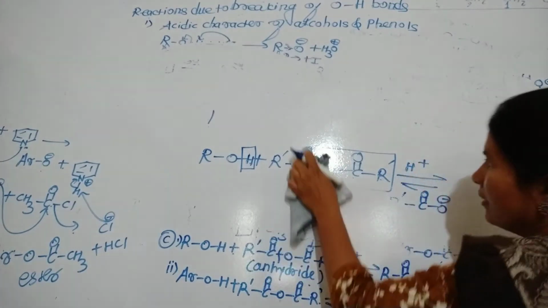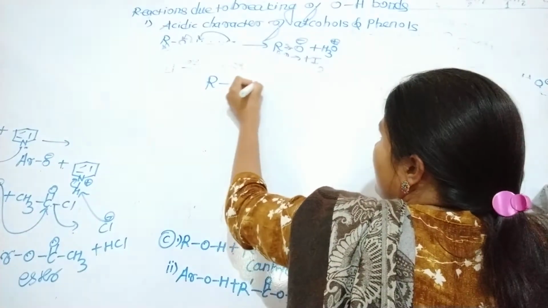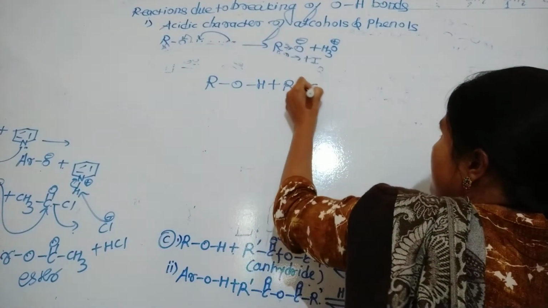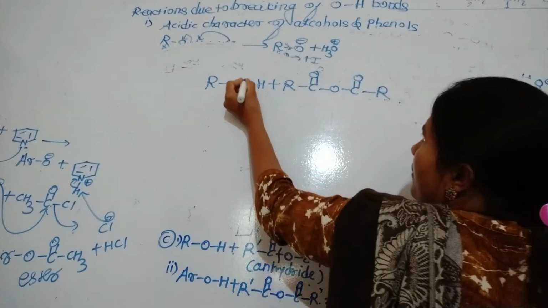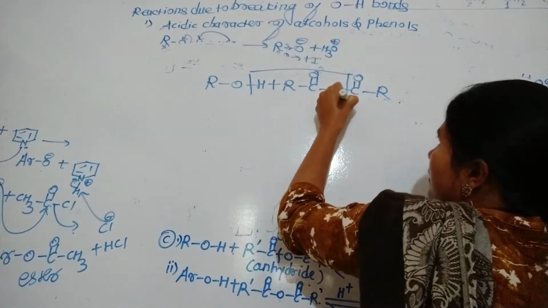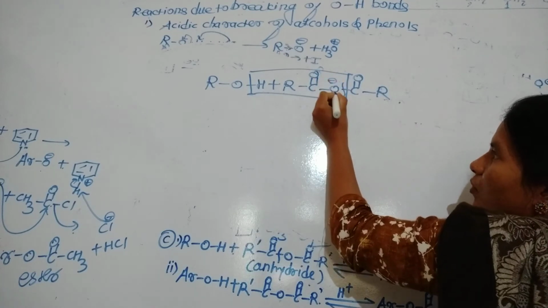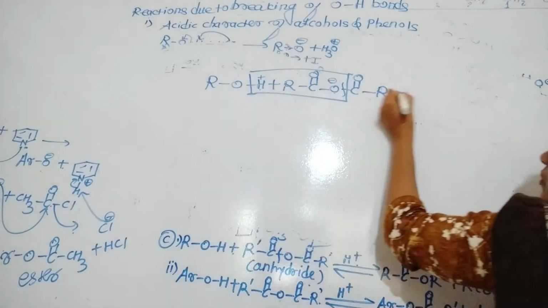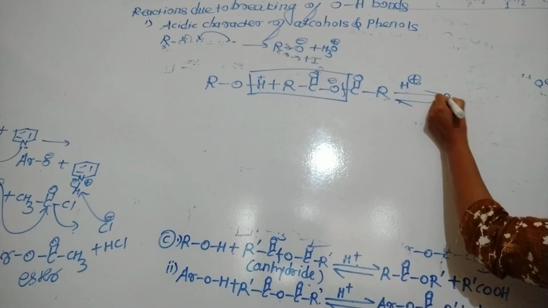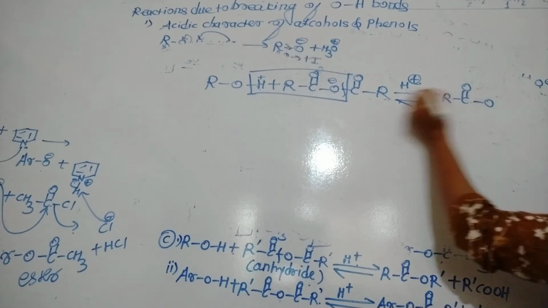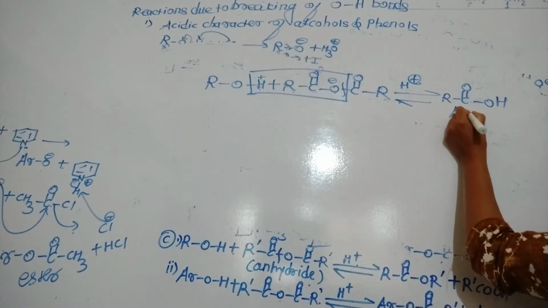You can see here what happened. This is your alcohol. The bond cleavage takes place in the anhydride, R C double bond O, C double bond O R. This is your anhydride. What happened? All get combined together here. You can see here O. This gets broken here. This is O minus, and O minus can take H plus. So this is the acidic condition, a reversible reaction. R C double bond O minus fragment can take H plus. That means here acid forms.